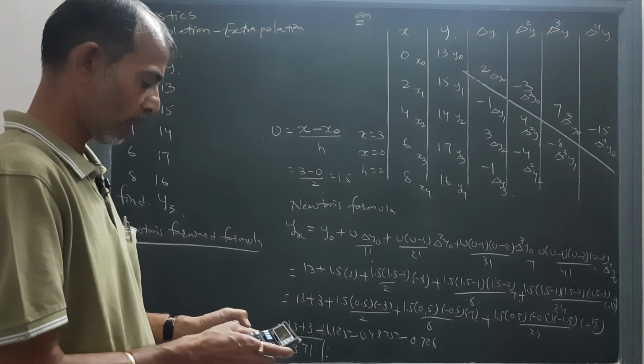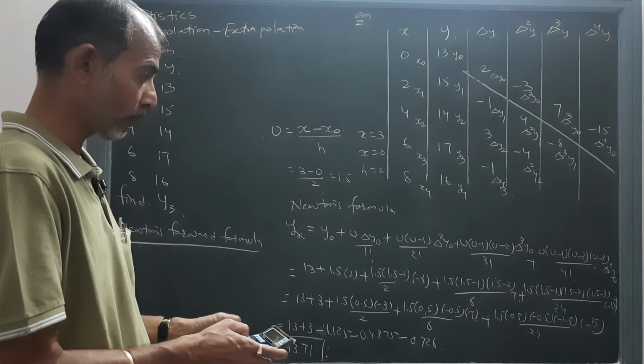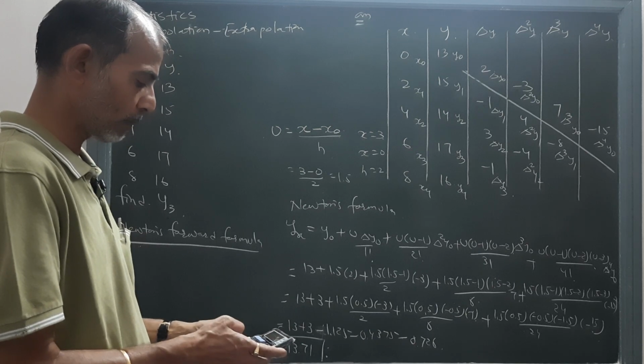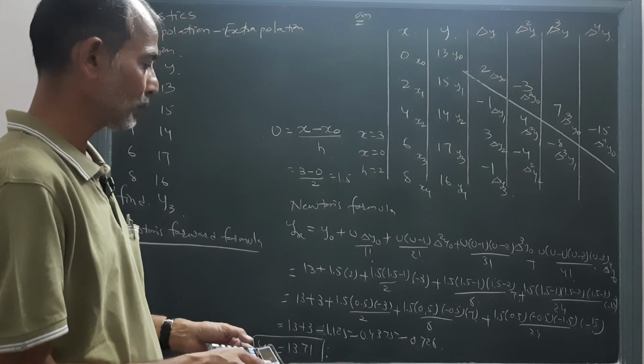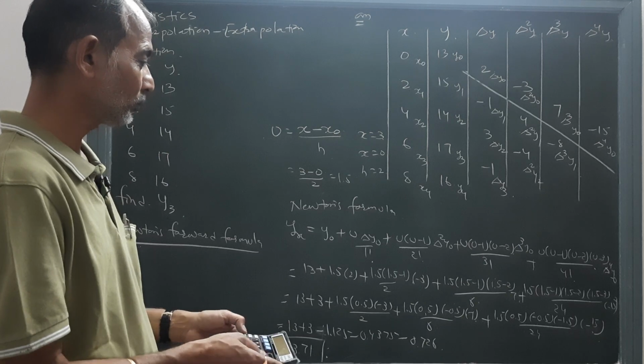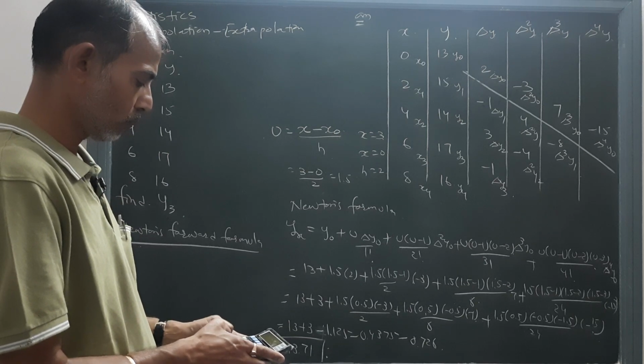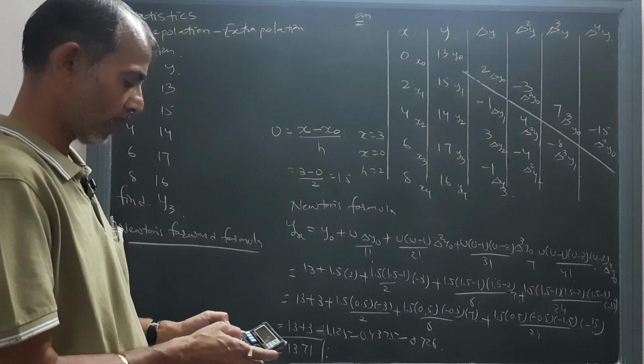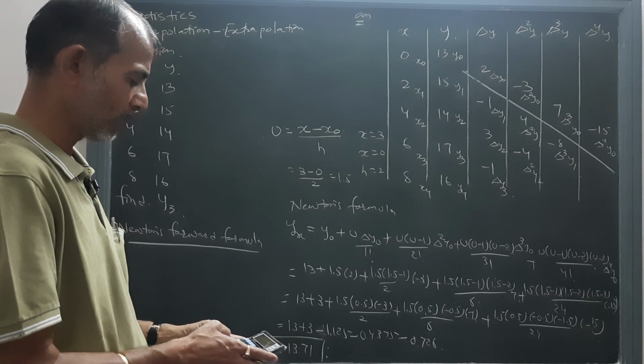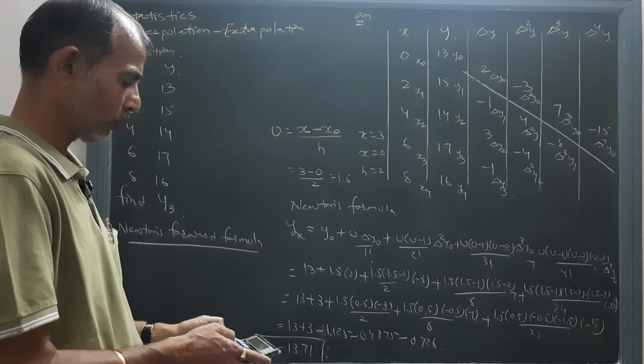Then 1.5 into 0.5 into minus 0.5 into minus 1.5 into minus 15 divided by 24, that is